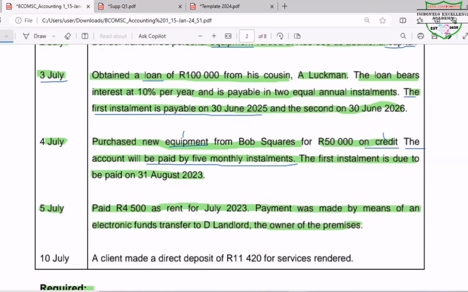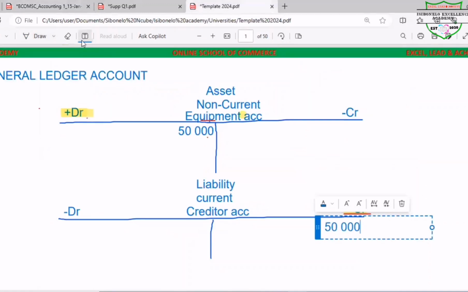So now let us identify the two accounts affected. The obvious one would be rent expense, and we are making the payment. When we are making the payment by means of EFT, bank will be affected. Our bank balance will be reduced because funds are going out. We are not receiving cash, but we are paying cash to the landlord. So the two accounts affected are bank and rent expense. Now let us show the effects